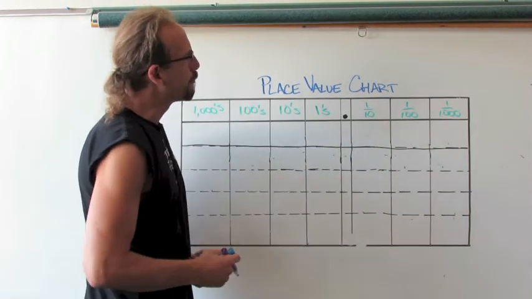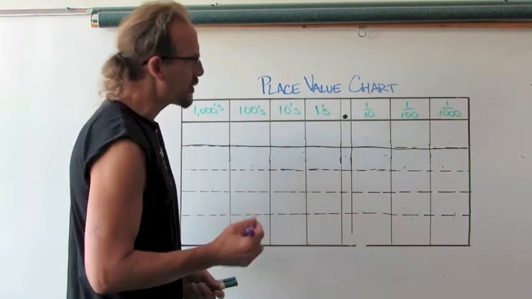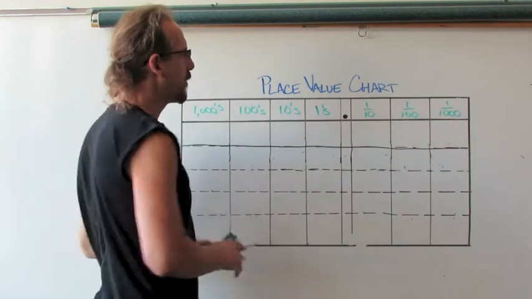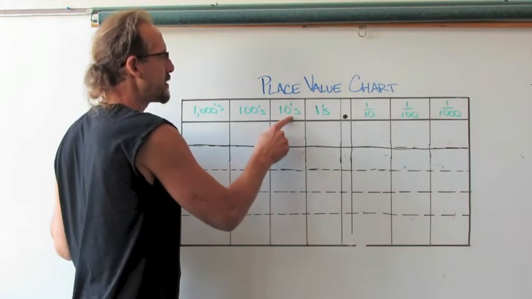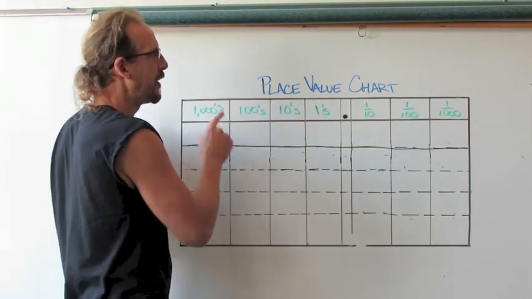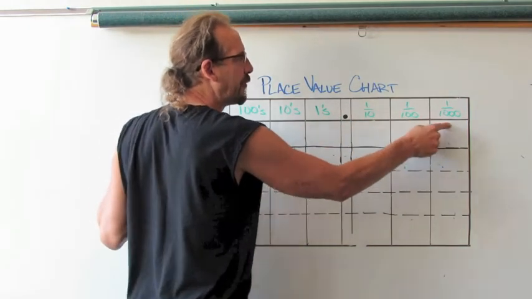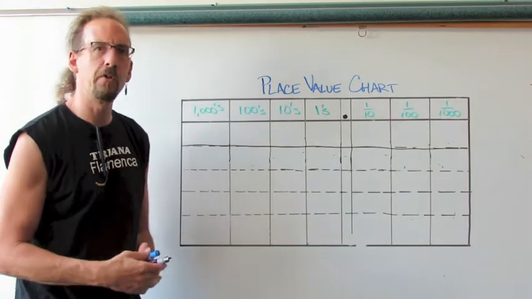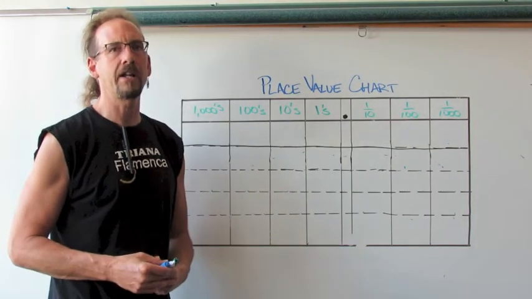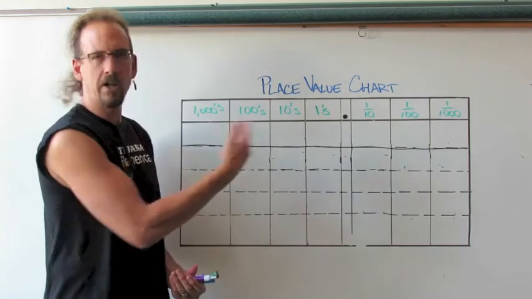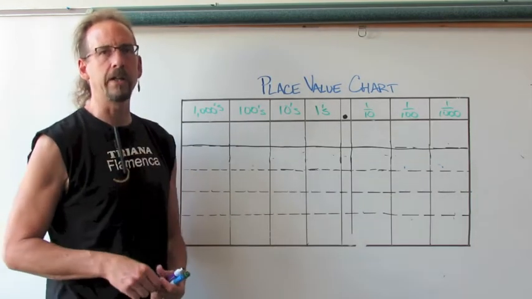So the first thing we're going to do is the kids are going to need to be able to label each one of the columns. They're going to need to know that this is the ones place, tens, hundreds, thousands. And they're going to need to know their decimal places, tenths, hundredths, thousandths. If your child doesn't know those things yet, it would be good for them to practice that and get it memorized like they know their name. Because this is something that they're going to need to be able to know pretty quickly as we move on